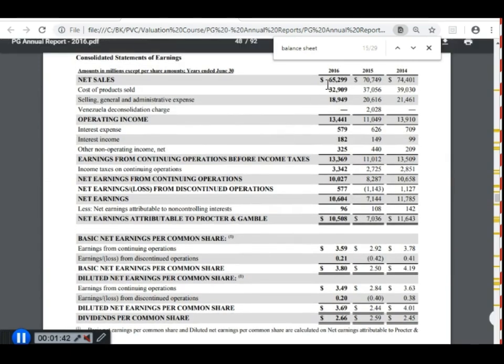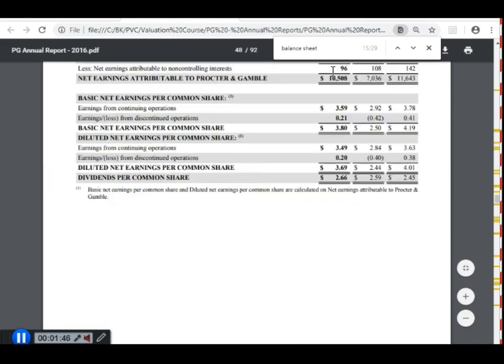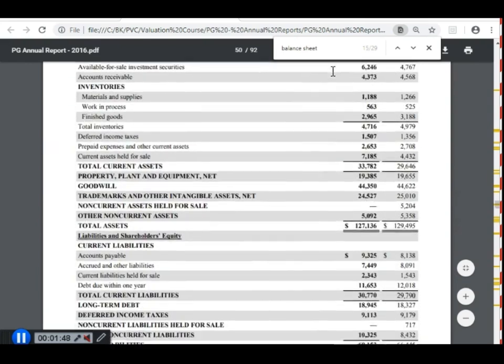In this income statement, you have sales just appearing as it is. Now, if you want to see the further breakup, where the sales are coming from, what you need to do